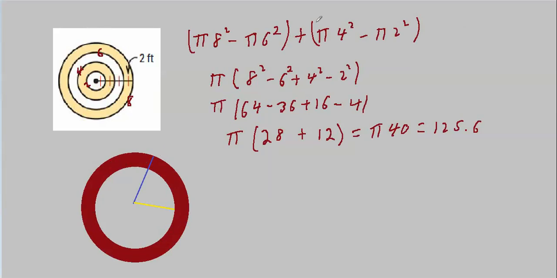Now, from what we just did, it should be easy to see that the larger circle has radius big R, and the smaller circle, this yellow line here, has radius little r. Well, what's the area of the annulus? Pi times big R squared minus little r squared. You take the whole circle and subtract off the area of the little circle. And that's all we did in here.